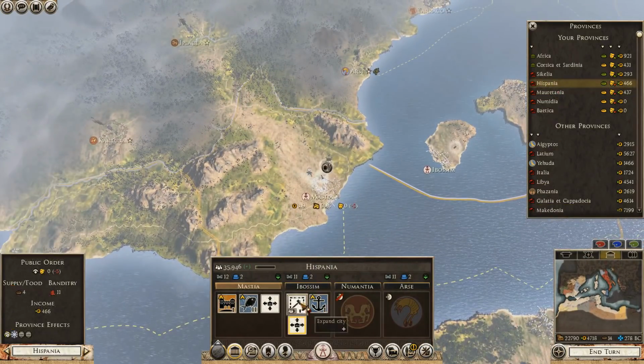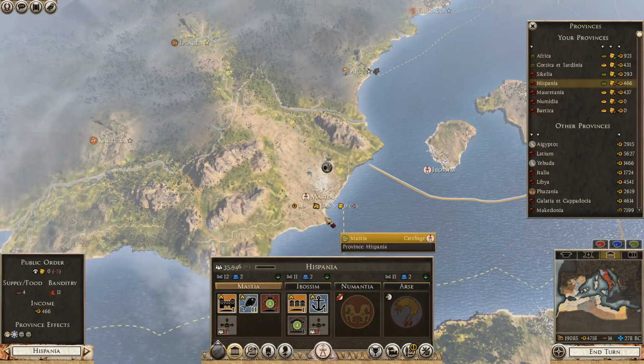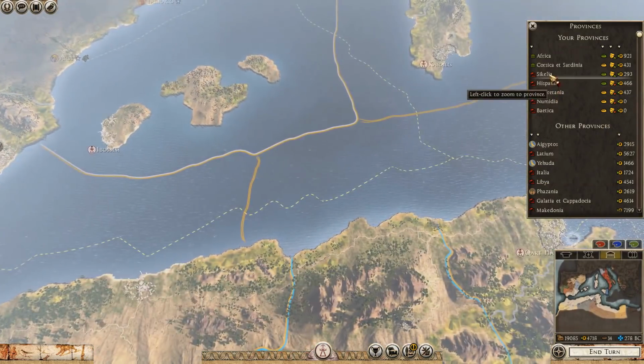Hispania, I think we'll get a temple in here, but I think what you actually need is a muster field, because this is where we're going to build our army that's going to conquer Iberia. Scylla,